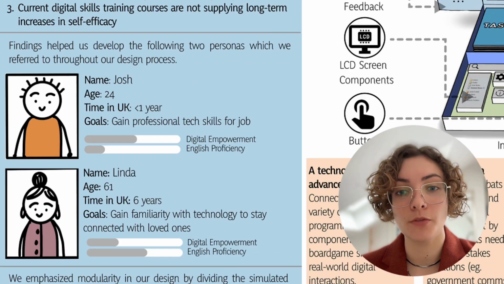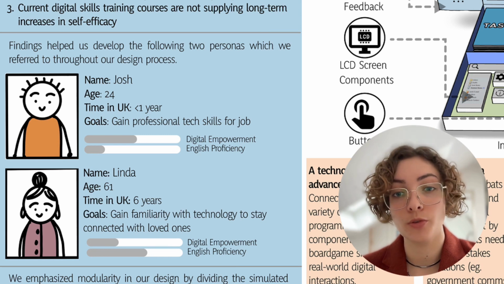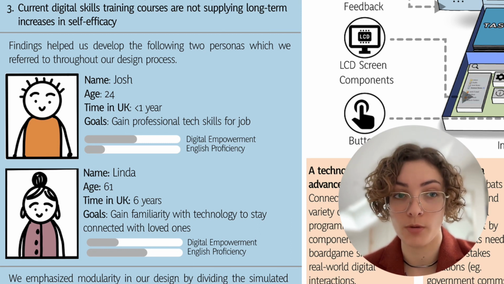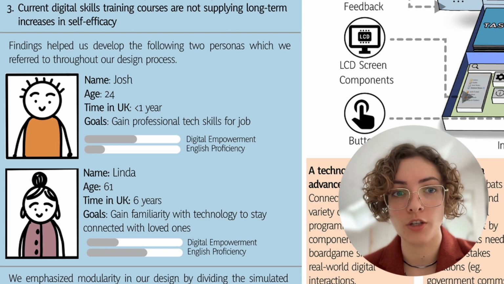Findings helped us develop the following 2 personas, which we refer to throughout our design process. This is Josh, he's 24 years old and has lived in the UK for under a year. His main goal is to gain professional tech skills for a job. This is Linda, she's 61 years old and has lived in the UK for about 6 years. Her main goal is to gain familiarity with technology in order to be able to stay in contact with her